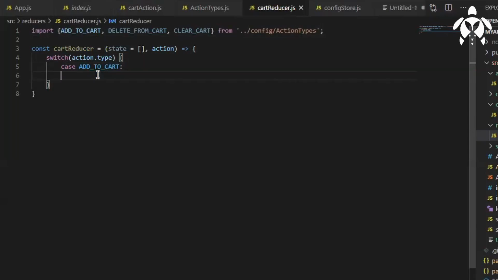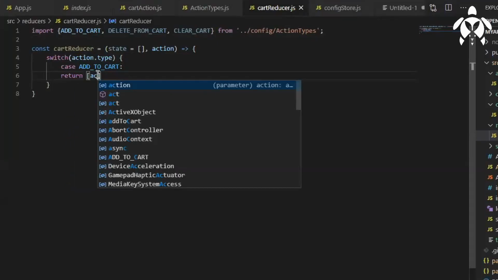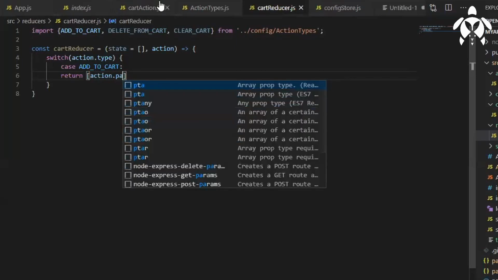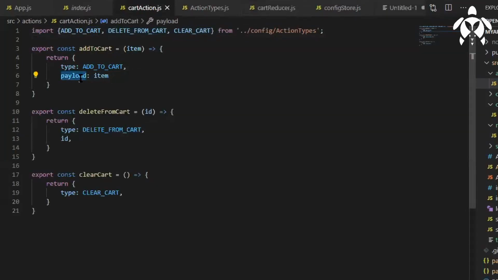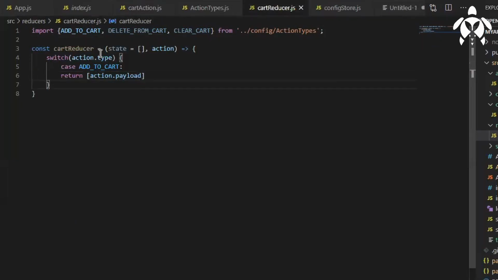Then here I want to return action.payload, right? This thing I want to return. That is why I'm writing action.payload. Whatever state we will be getting, we have to spread it, and the new item you need to add. So I'll simply spread the state, and then the new item will be added, like how we used to do it in useState. Spread it, then add it. It's like merging one more item into the list.